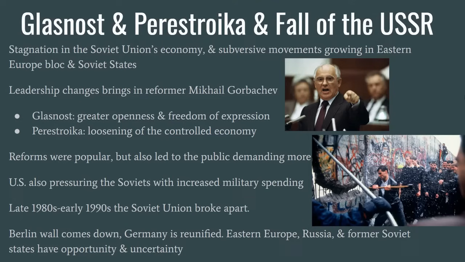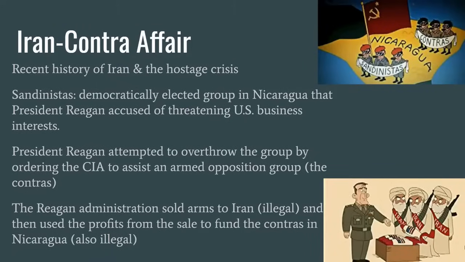The reforms were popular, but they also led the Soviet public to demand more of them. At the same time, the US was pressuring the Soviets with increased military spending, and the Soviets were struggling to keep up. From the late 1980s to the early 1990s, the Soviet Union broke apart, and Eastern Europe flung off Soviet influence. The Berlin Wall came down, and Germany reunified. For Eastern European nations and former Soviet states, the 1990s and beyond held great opportunity, but also a lot of uncertainty. While the end of the Cold War was a great triumph for the United States, there were also foreign